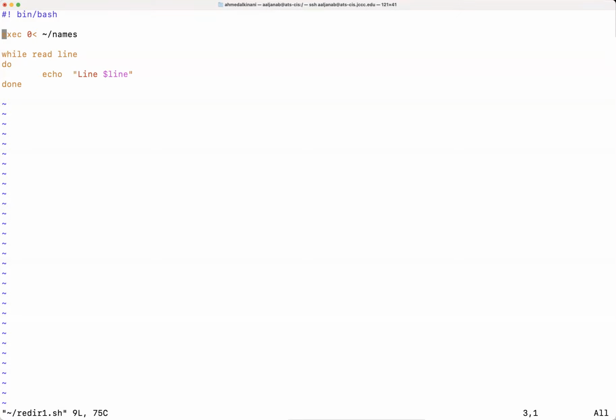The read command is usually used to read from the keyboard, but now instead of that, I'm using it to read from a file. And how do I redirect the file to my while loop here? By simply typing the command that you see here at the top. I'm redirecting the file names as an input for the read command that I'm utilizing in this script. And that's simply what I just did here. So you can see how redirecting simply works in a script file.